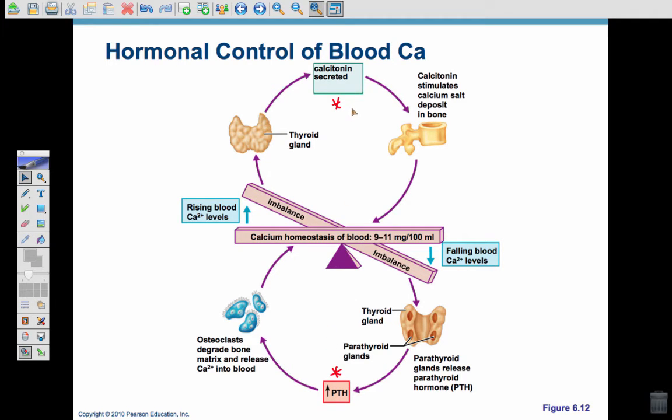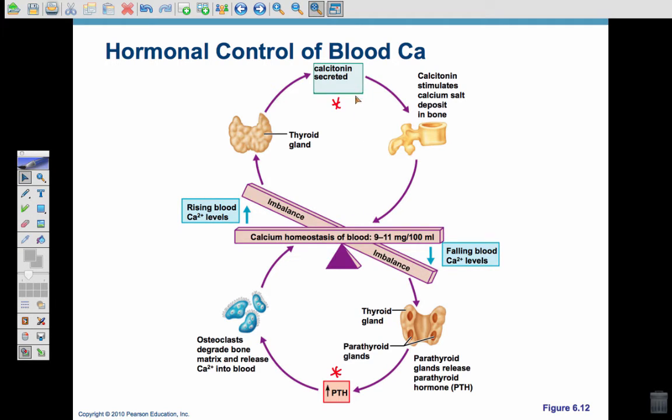There is a second hormone, not to jump ahead too quickly, the parathyroid hormone comes from the parathyroid glands, which lie just behind, just posterior to the thyroid gland that wraps around the trachea and the larynx, right about there. We're looking at the posterior aspect of the thyroid and the parathyroid. There is a second hormone called calcitonin that is secreted by the thyroid gland